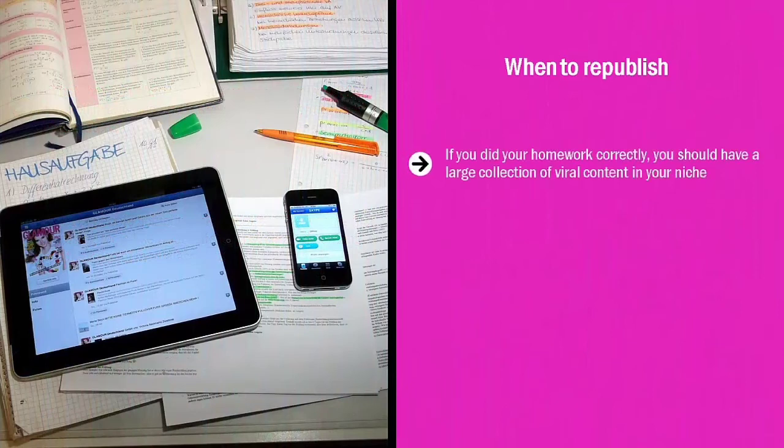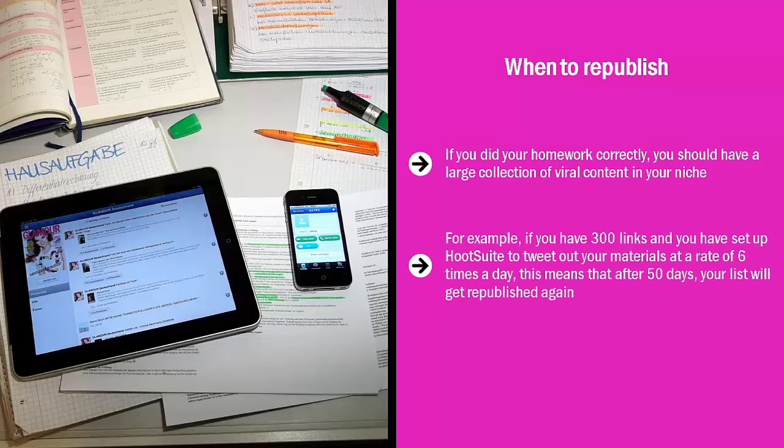If you did your homework correctly, you should have a large collection of viral content in your niche. This stuff is tried and proven. These materials are known to attract a tremendous amount of eyeballs in your niche. The problem is, you don't want to keep republishing the same content over and over. For example, if you have 300 links and you have set up Hootsuite to tweet out your materials at a rate of 6 times a day,